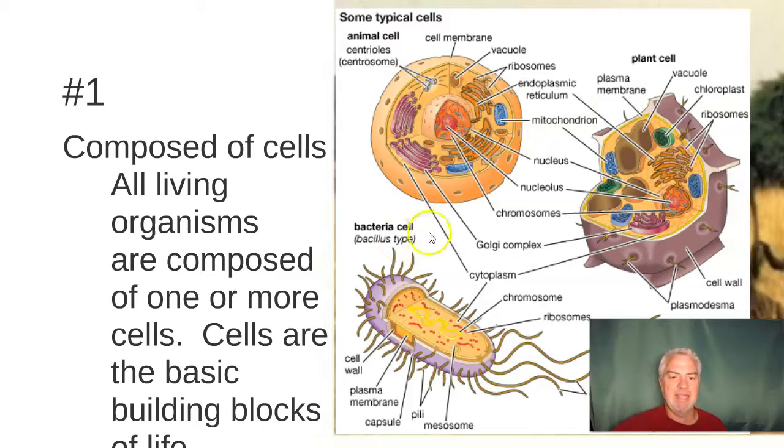And bacteria down here are different. They are what we call a prokaryotic cell. Pro in this sense doesn't mean professional, but means before. So that means before nucleus. These are much simpler, and if you'll notice in the bacterial cell here, they don't have a nucleus, and they don't have mitochondria, and endoplasmic reticulum, and all that. They're pretty simple. They only basically have a cell wall, a cell membrane,